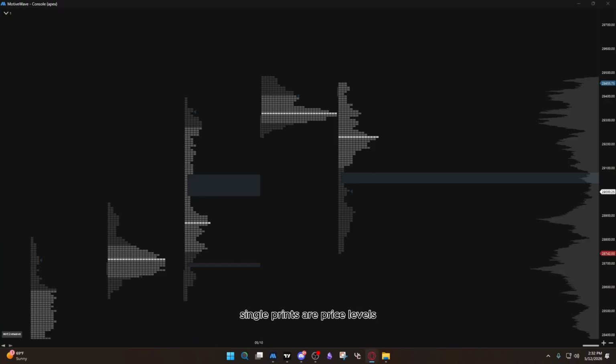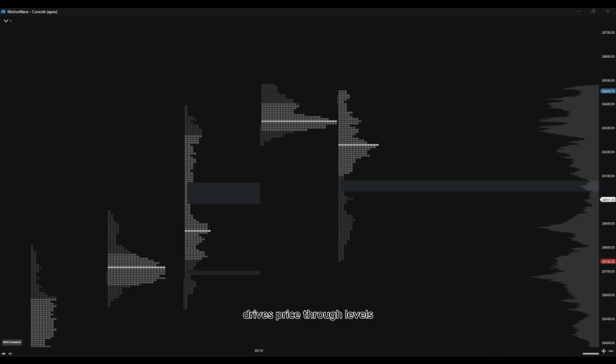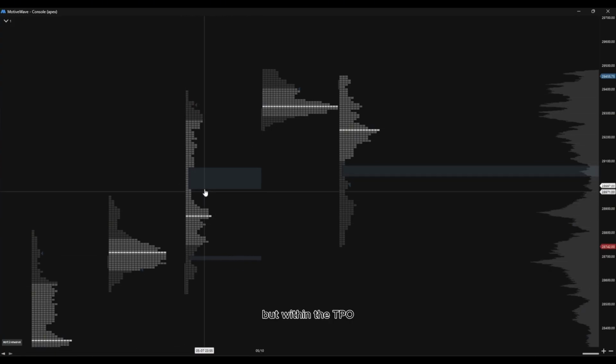Single prints are price levels where only one TPO letter appears in the profile. They represent areas where the market moved through quickly without returning, indicating a lack of acceptance and rapid directional movement. Single prints often form during initiative activity where aggressive buying or selling drives price through levels without allowing the market to build time. Because these levels were not accepted, single prints frequently act as areas of fast price movements when revisited. So here, we can see single prints, quite literally single printed letters or single printed boxes within the TPO, not on the outside of the TPO, but within the TPO,